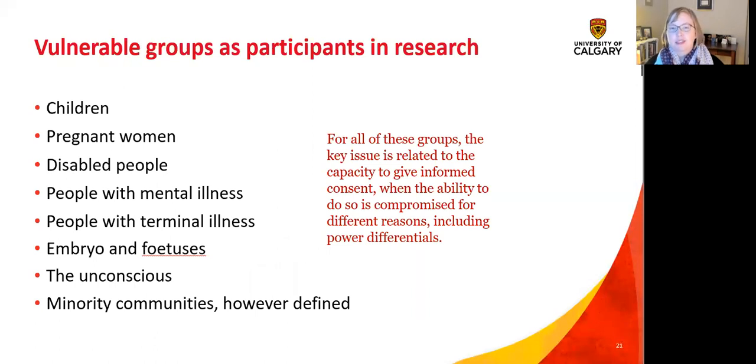So when we're thinking about sensitive issues in research, there's a lot of people, as you see listed here, that you need to have a high degree of sensitivity. However, that doesn't mean we don't do research in those areas. So we need to do research with people with terminal illness. We need to understand their experiences and how we can make their experience of receiving healthcare as high quality as possible. But we may need to take extra things into account and be more careful to make sure that we are protecting those participants.